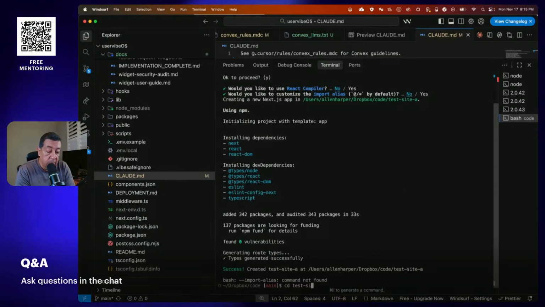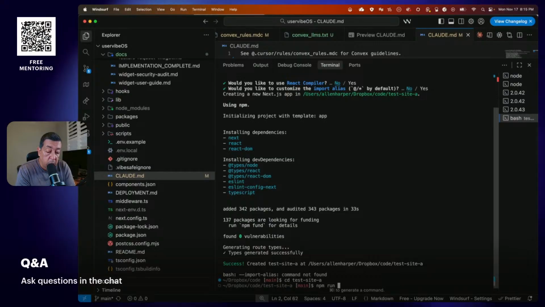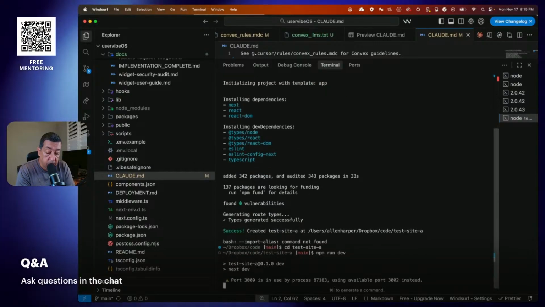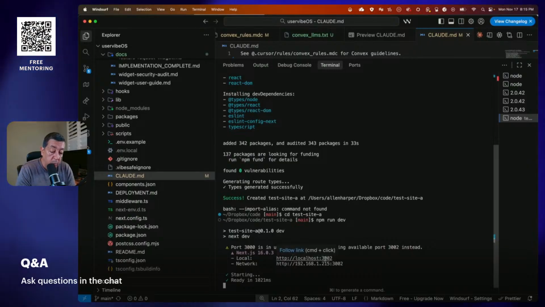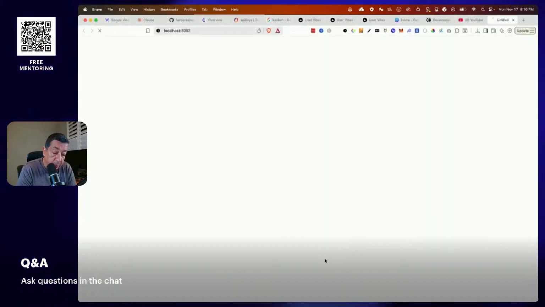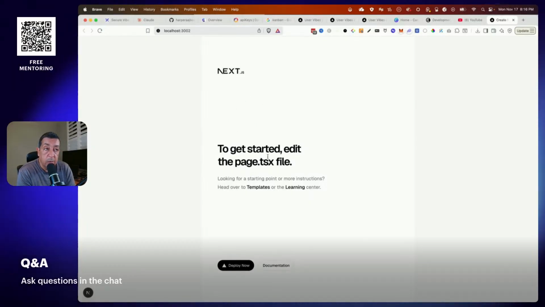Test site A, and we can just run npm run dev. Okay, so that gives us, it's running now on this port. I'm going to hold down the command key and hit that link. And we should just get a very basic app. Okay, yeah, so there we go. We have a very basic app here. So this is what you get out of the box,